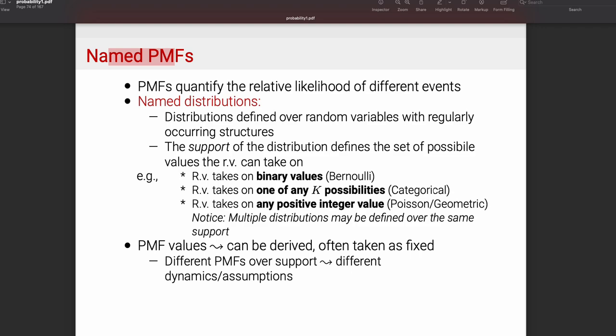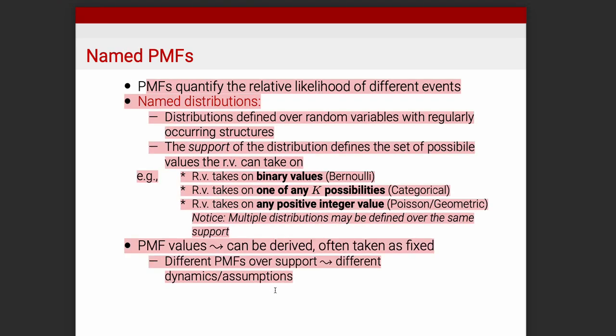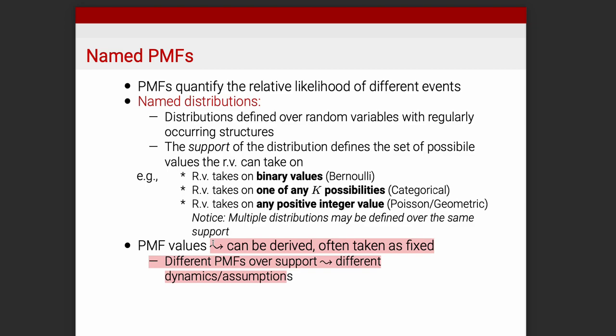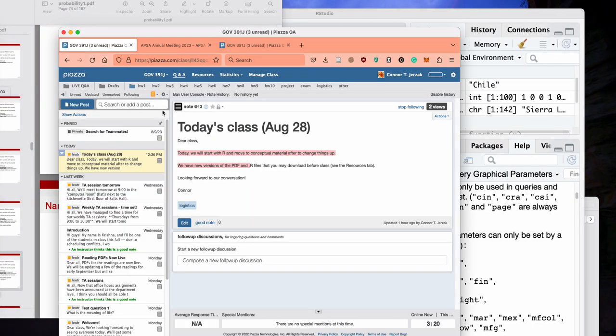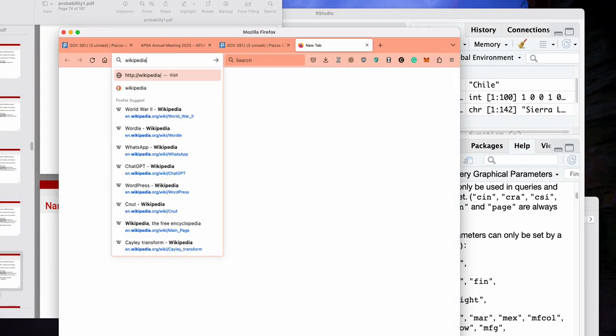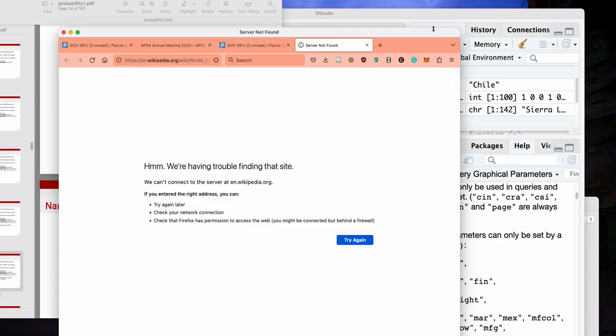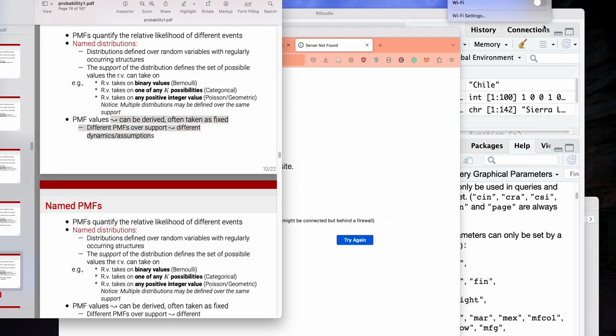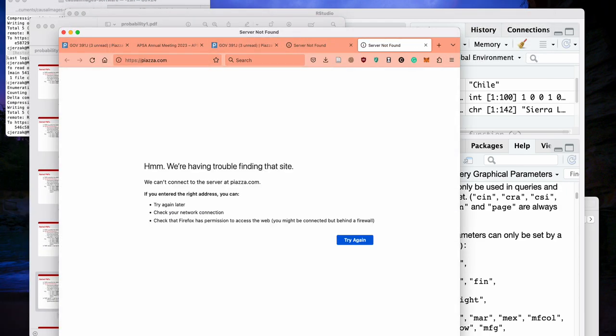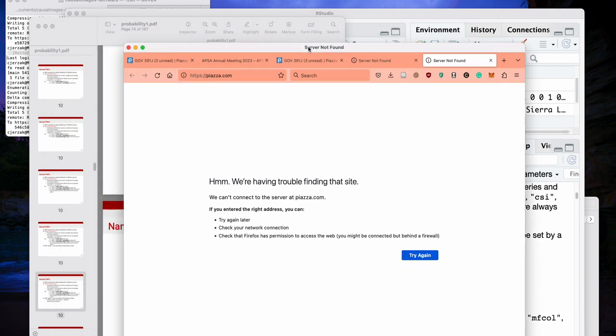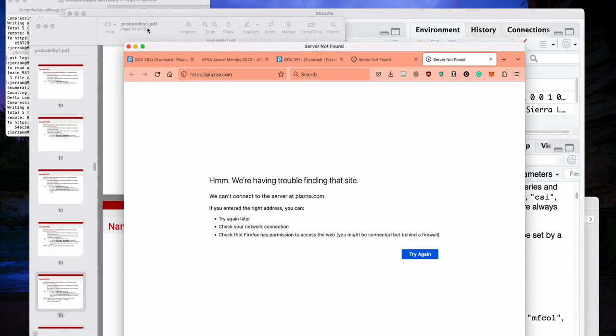So this is one way of trying to give you some insight into this. There are thousands of distributions, and there are big sheets of distributions that go over what things look like at that level. Let's just maybe show you one of them now. So if we just go to wikipedia.com. Well, I guess my internet's off, so I'll turn that on quick. But the key insight is that they're just different distributions. And actually, let's go to Piazza. They're different distributions, and they all have a different formula. We're going to look at one of the formulas in a minute.